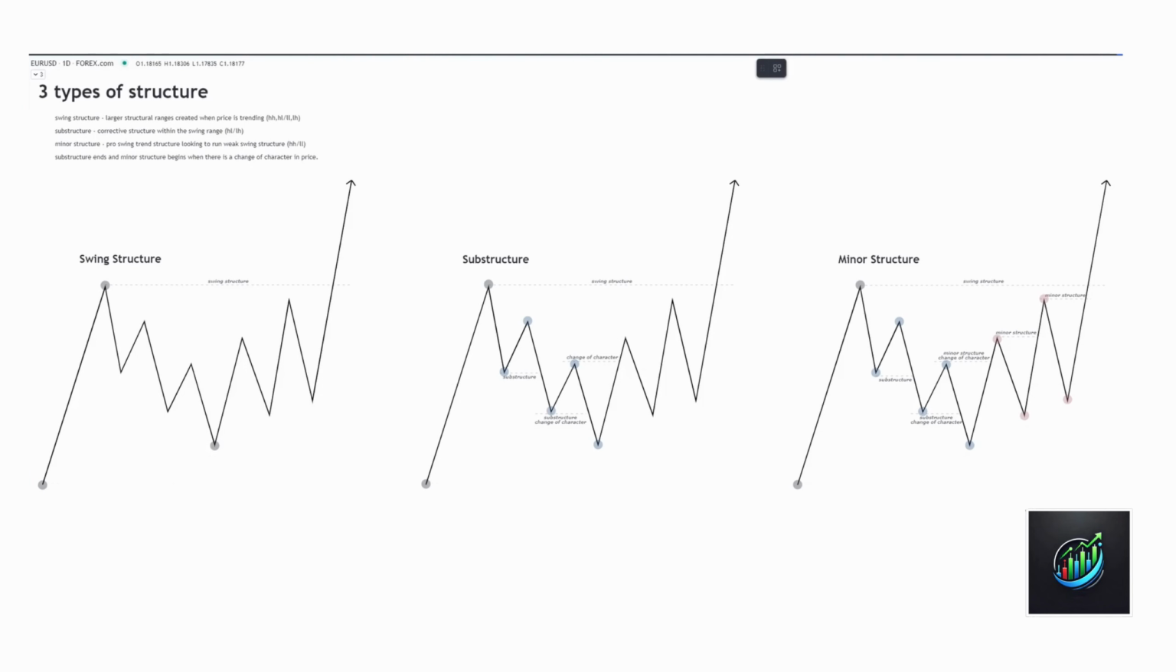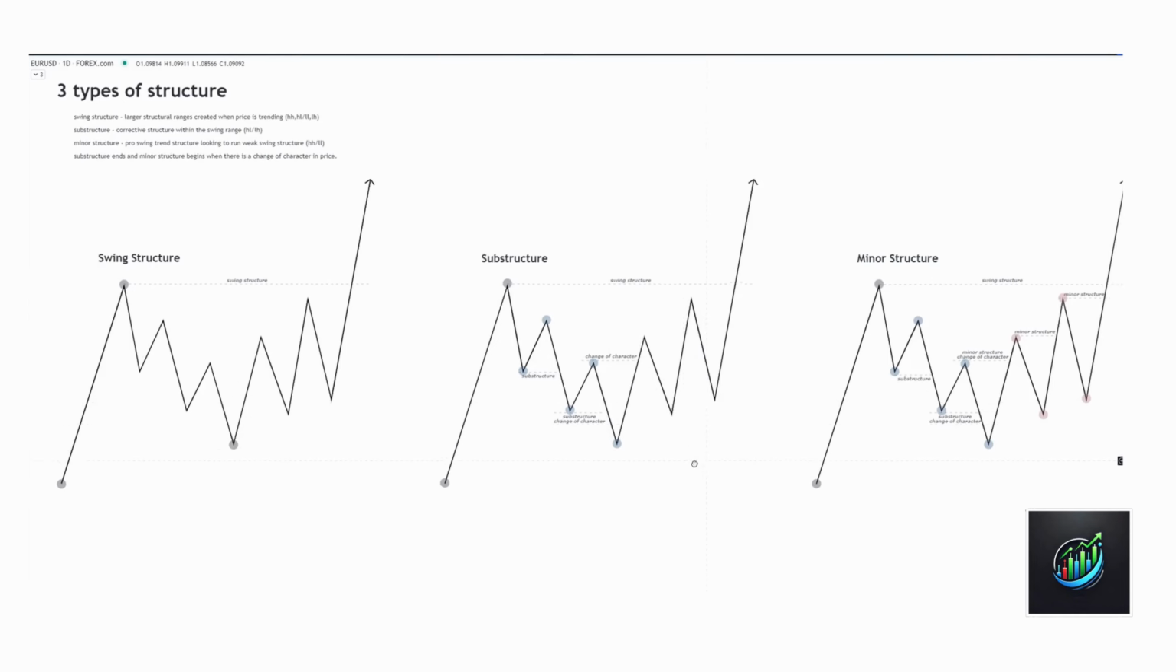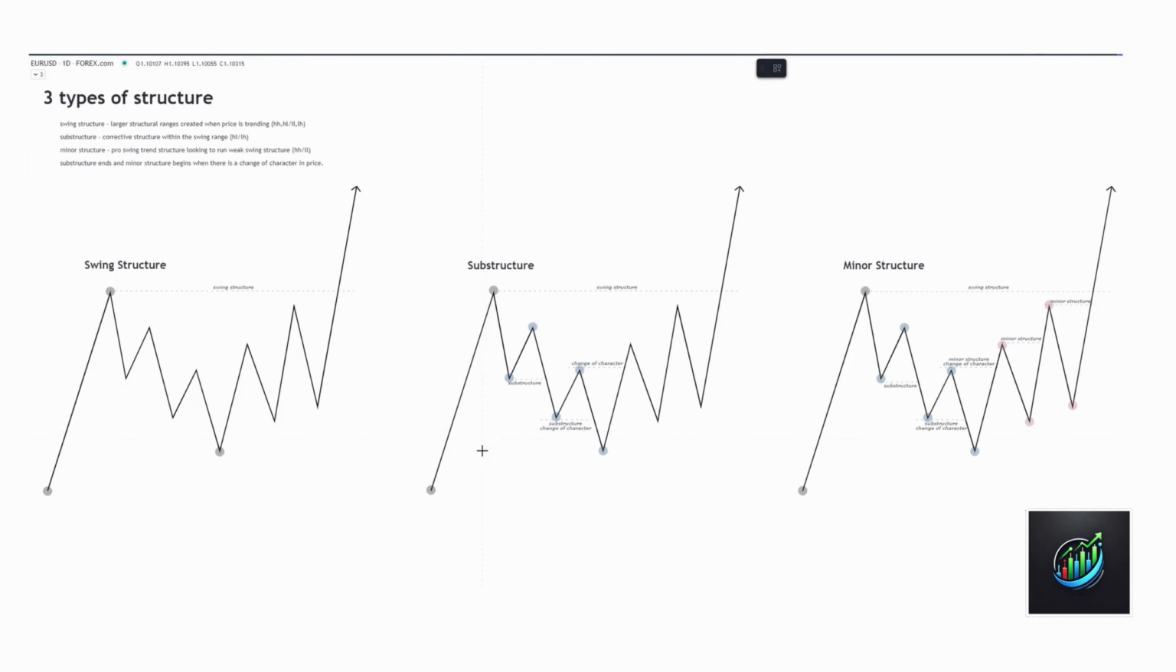And we'll discuss in the liquidity section how we can filter out, or at least have a better edge on, when substructure is being created. It switches to minor structure, but then switches back to substructure and then minor structure before we actually break the swing high. Like I said, a couple different things that we would use with when substructure is being created is